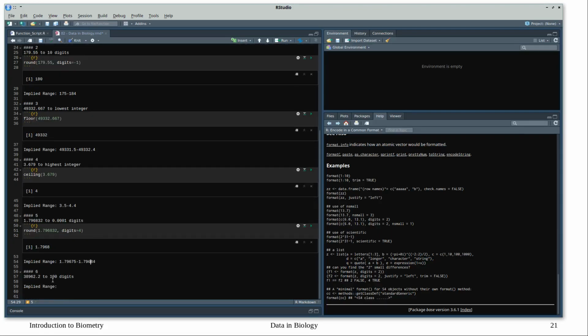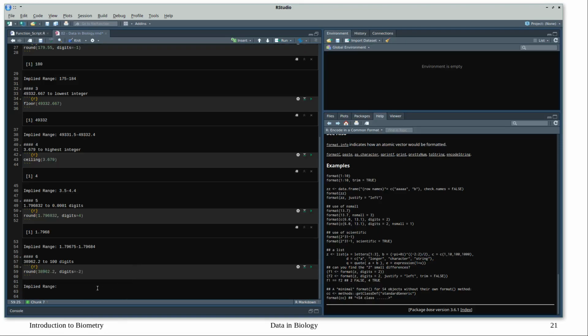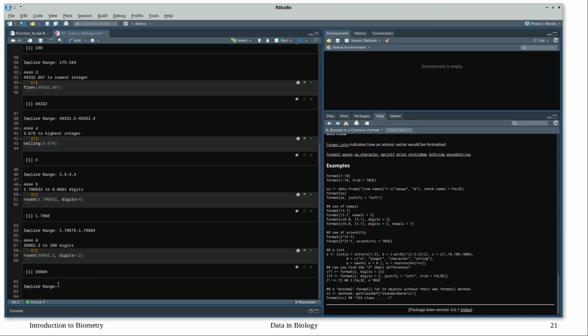Alright, and last, to the hundredths digit. So round 38962.2, digits, hundreds digit. So at that 9, that's what we're looking for. 0 goes here, -1, -2. And I will run it. Just remember, Control Enter will run the line. So 39,000. Now that rounded up, and remember, this is tricky,